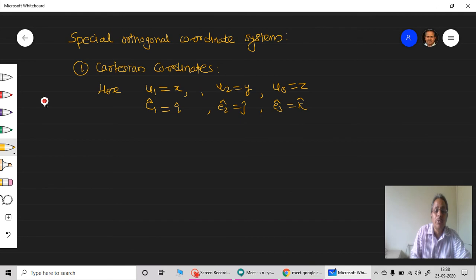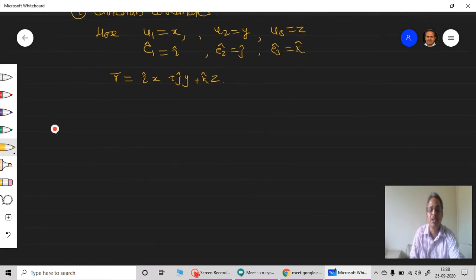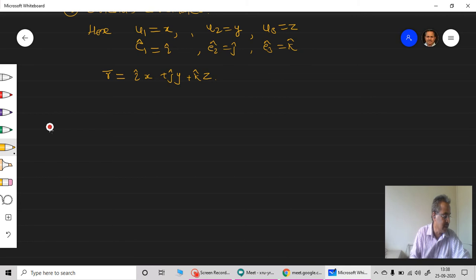Okay. Now we write vector r bar, any vector joining the origin and that particular point which is specified by the coordinates x, y and z. So this vector is given by i cap into x plus j cap into y plus k cap into z. That is known to us, it is not at all new. So that is how we write any vector in this case. Now we can go for these simple calculations. Every time, for other types of systems, we are going to go for this.